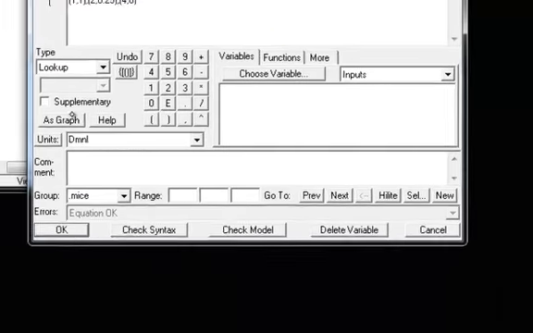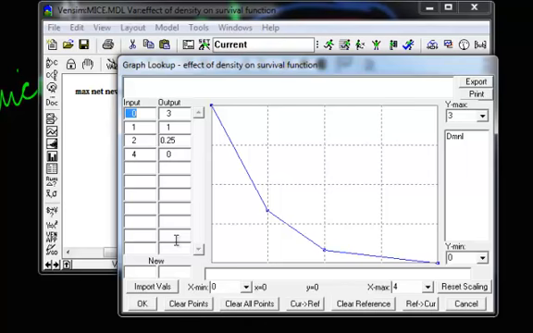If I come here and I click as a graph, it shows me that as I start increasing the input, which is the x variable, recorded in this x axis,